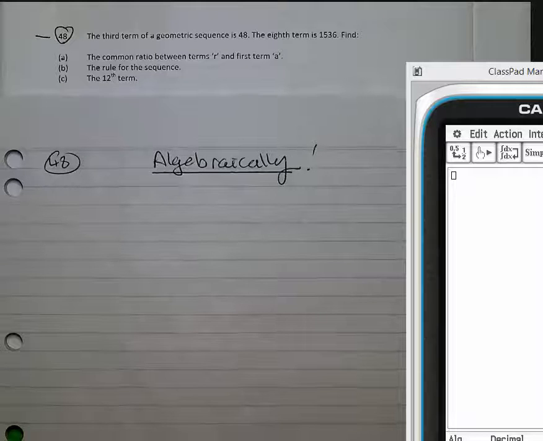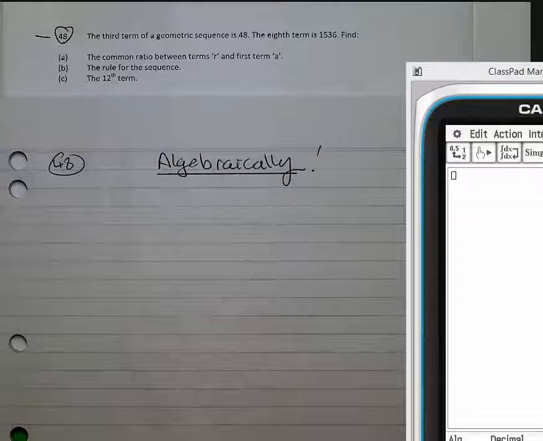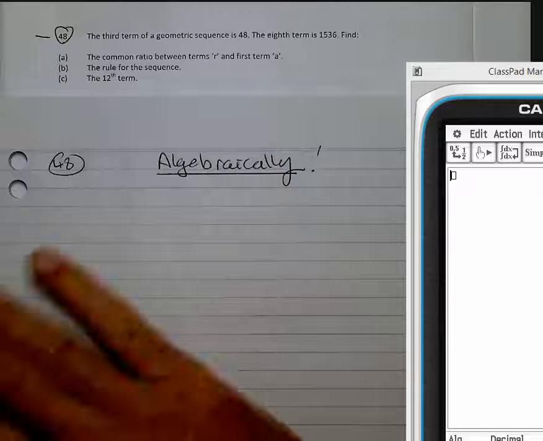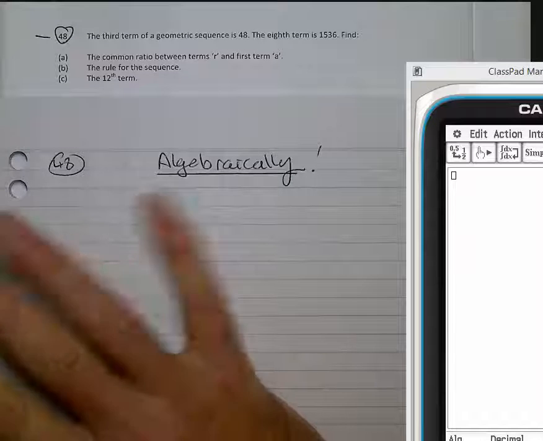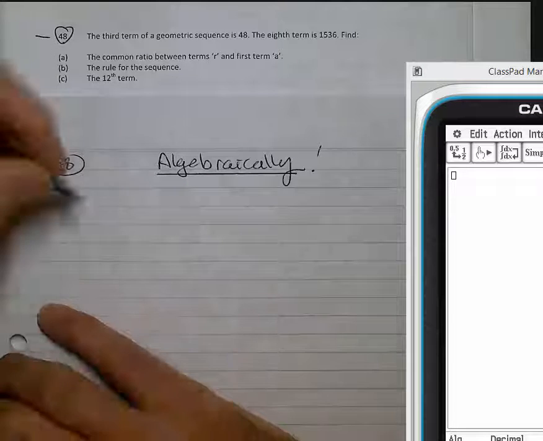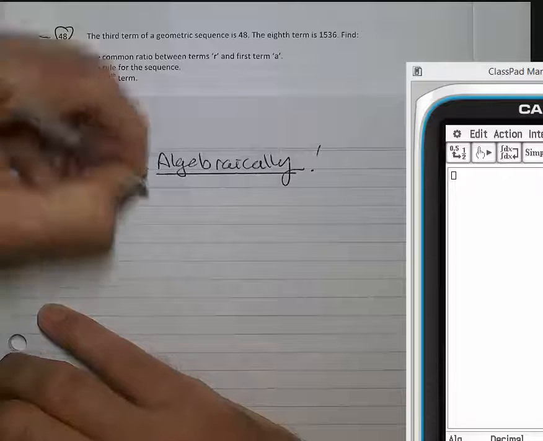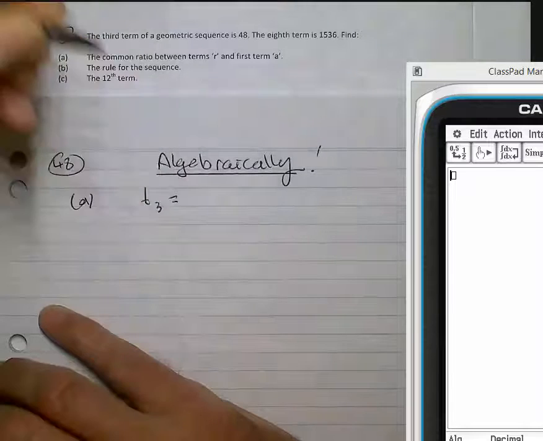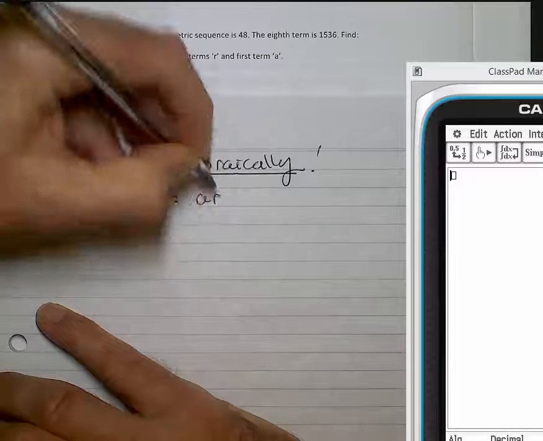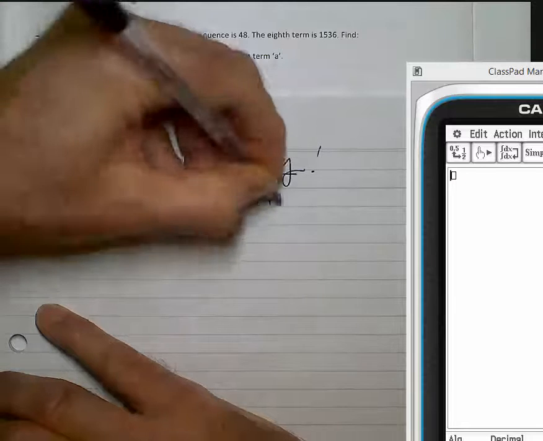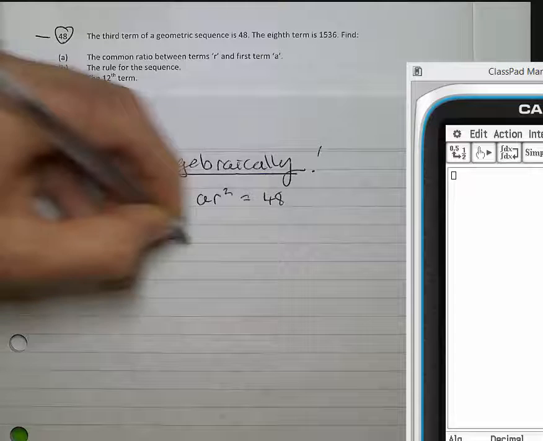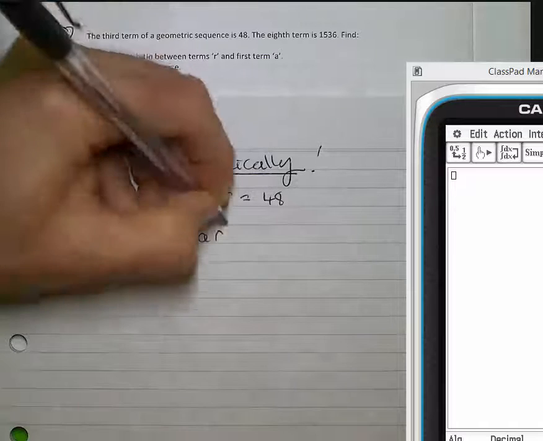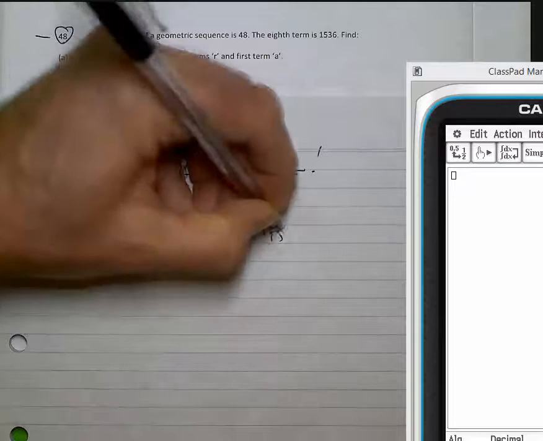Now, question 48, you could well be asked to do a question like this on an assignment, or maybe even a test or an exam, algebraically. Now, this is how we would progress. We're given two pieces of information about this geometric sequence: the third term, which is a times r squared, which is 48, and we're given information on the eighth term, which is a times r to the 7, which is